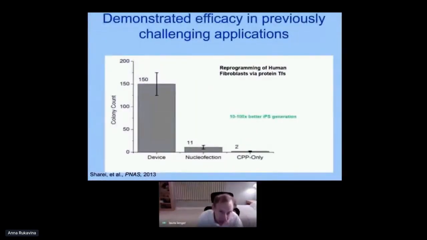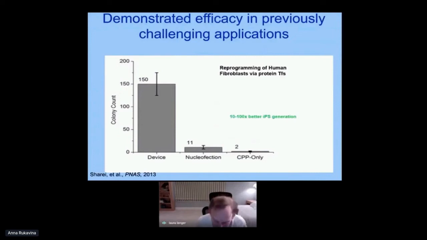The next slide just shows an example of one of the studies he did. He compared the efficacy of conventional ways of inserting things in cells, like cell-penetrating peptides and nucleofection, which is the same as electroporation. Basically, what he did in this case was take what are called the Yamanaka factors. These are genes that can convert, say, a fibroblast to a stem-like cell. The way to judge that is by colonies. What happens is you get 2 with the cell-penetrating peptide, 11 with electroporation or nucleofection, but 150 with his